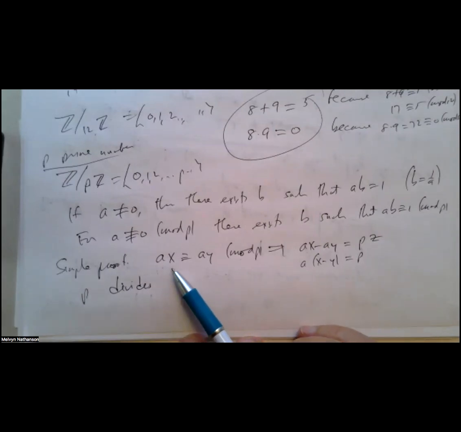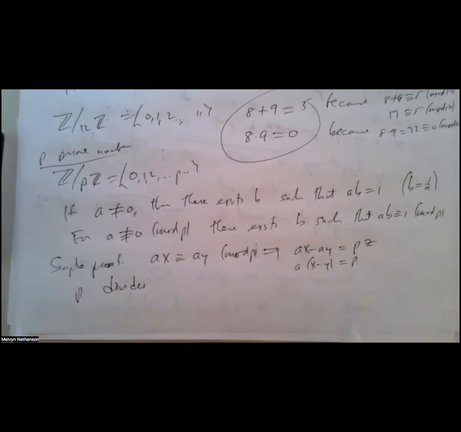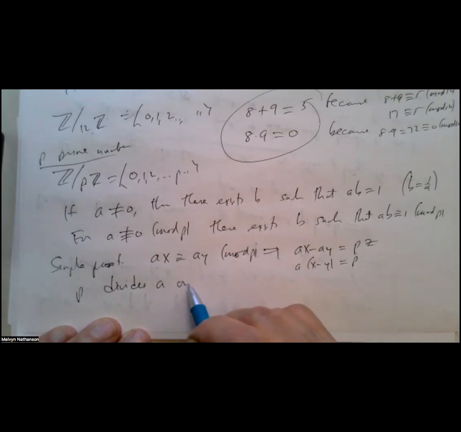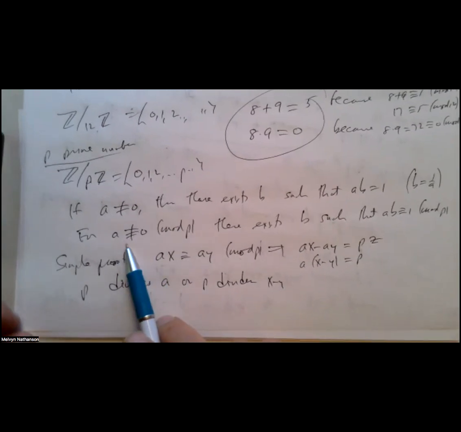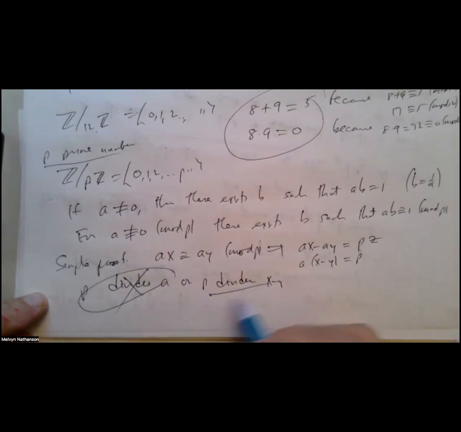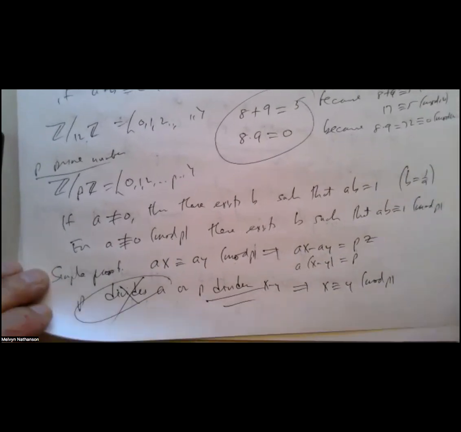So suppose AX is congruent to AY mod P. That means the difference is divisible by P, so P divides A times (X minus Y). By Euclid's lemma, P divides one of these factors: P divides A, or P divides X minus Y. But A is not congruent to 0 mod P, so this doesn't happen, so this has to happen. P divides X minus Y, so X is congruent to Y mod P, which is a very